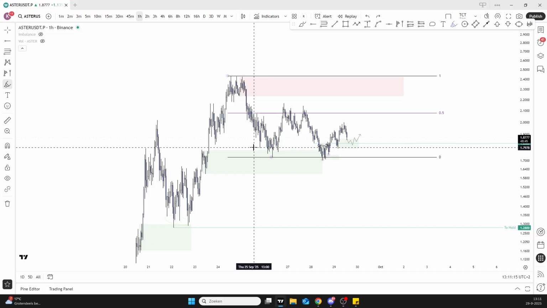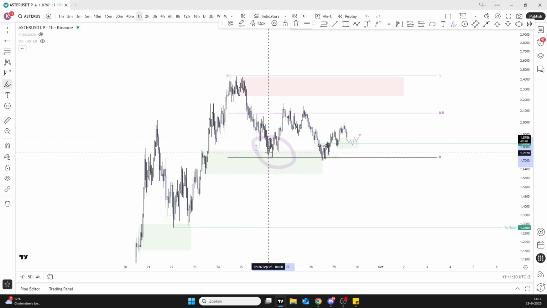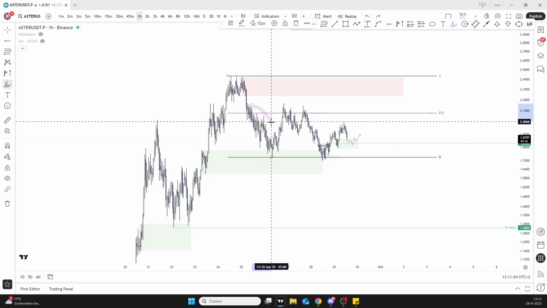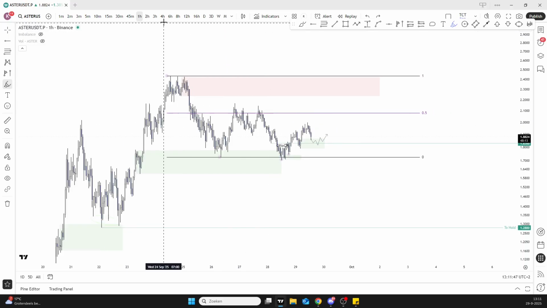In the last video about Aster, I pointed out when this point of interest can give us a reaction, we can look for upside towards all of this liquidity. That's exactly what happened, and we also got an amazing trade with it. So let's start breaking down what our current opportunities are, because we have made a higher time frame range on